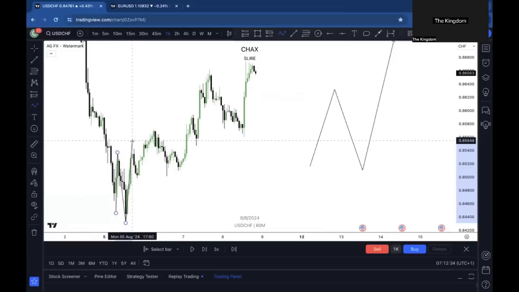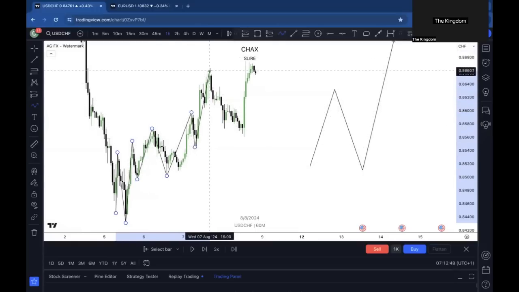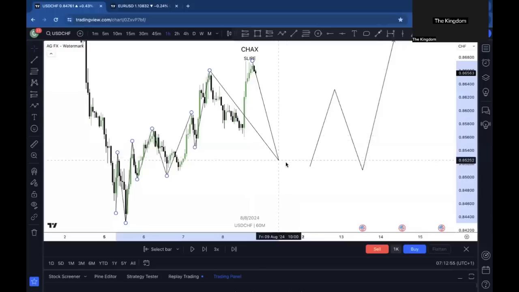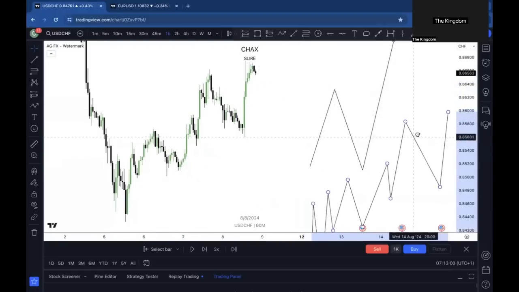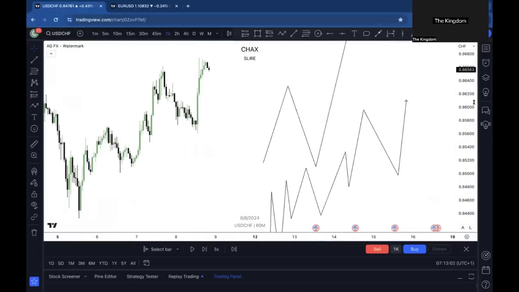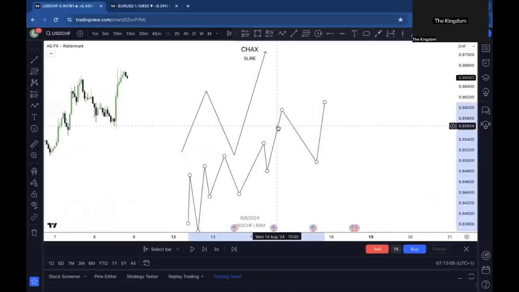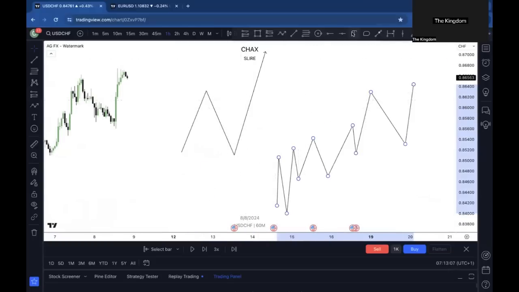Look at this price. Price dropped here. Now what happened? Price has taken out this high. Price drop. Price has taken out this high again. Price drop. Price has taken out this high. Price drop. Then it has taken out this high. Dropped again. Then boom. Okay, good. Now, let me take this out. Can you see any similarity between this and this? Let me label this as A. Can you see any similarity between A